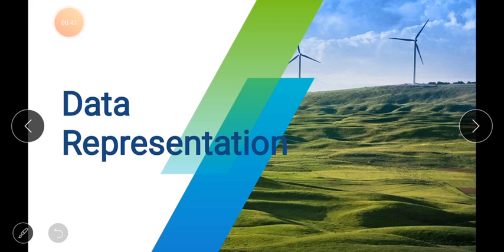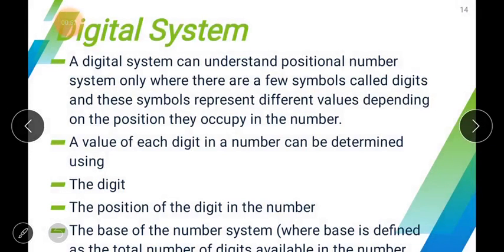In digital systems like computers, the quantities are represented by symbols called digits. Many number systems are used in computer systems or digital technology. The most common are the decimal number system, binary number system, octal number system and the hexadecimal number system. Now, starting with the digital system.